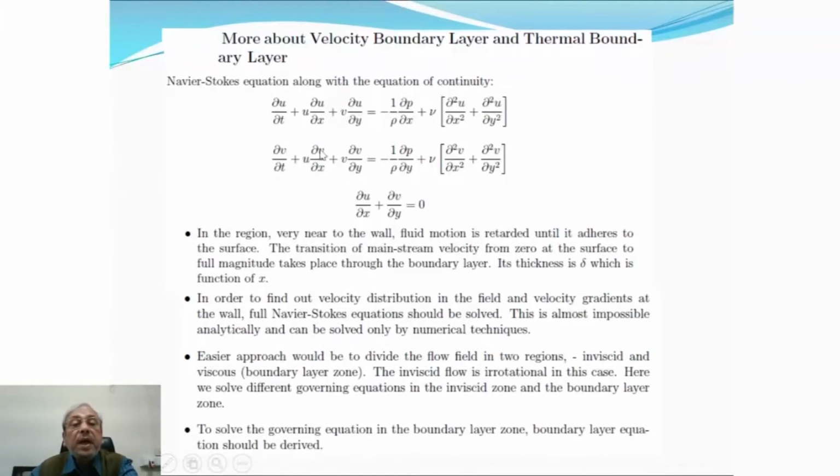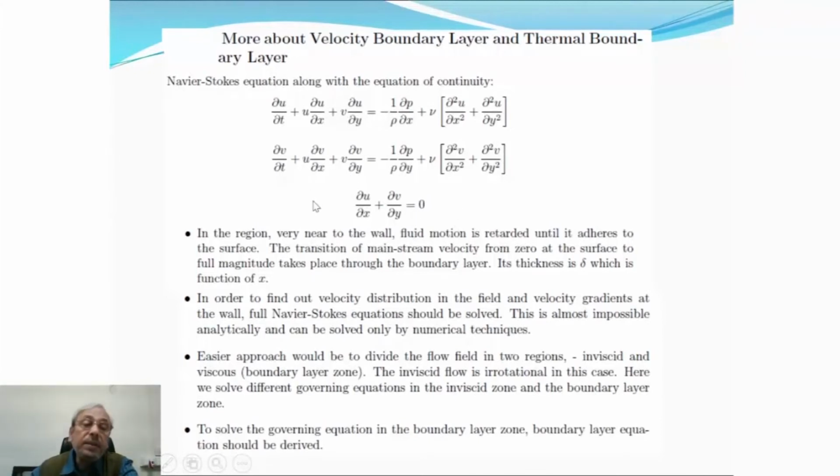Del v del t plus u del v del x plus v del v del y equal to minus 1 by rho del P del y plus nu into del 2v del x2 plus del 2v del y2. These are the x momentum and y momentum equations, and del u del x plus del v del y equal to 0